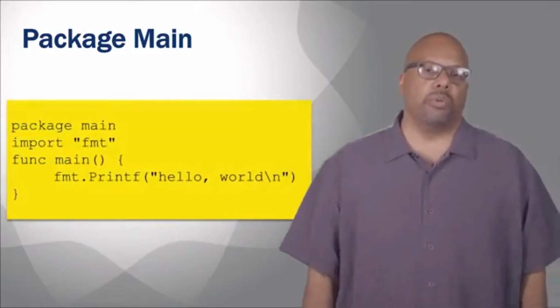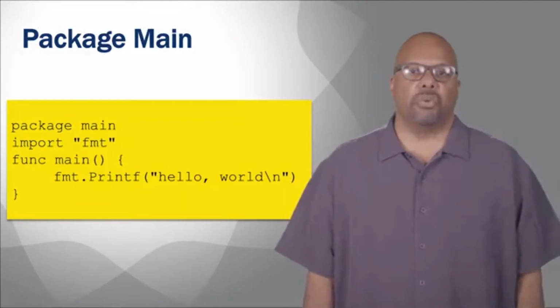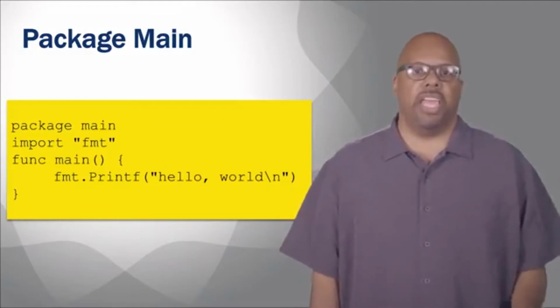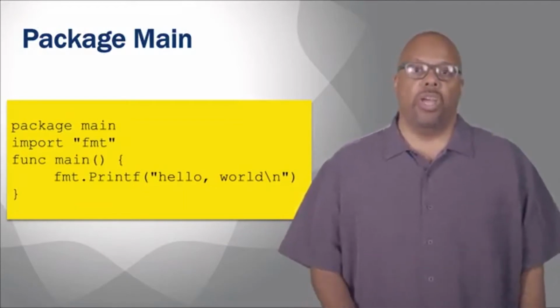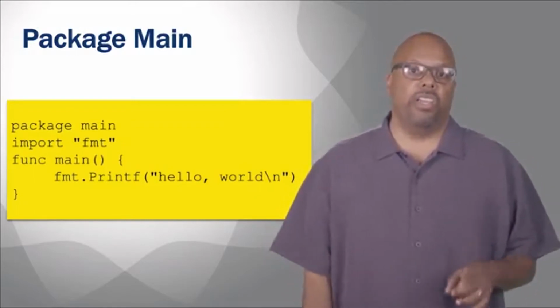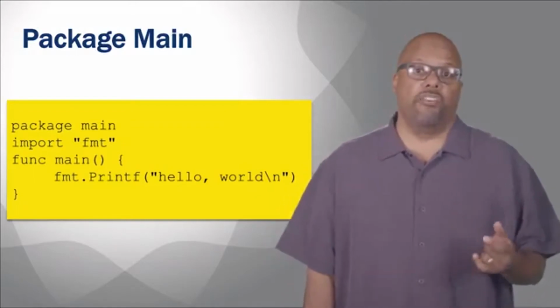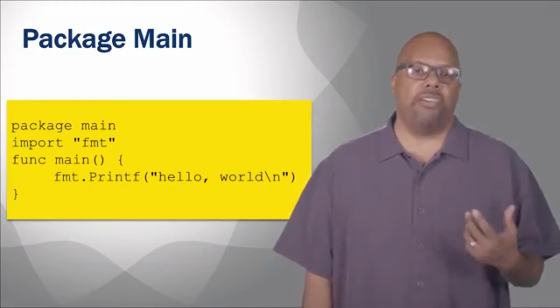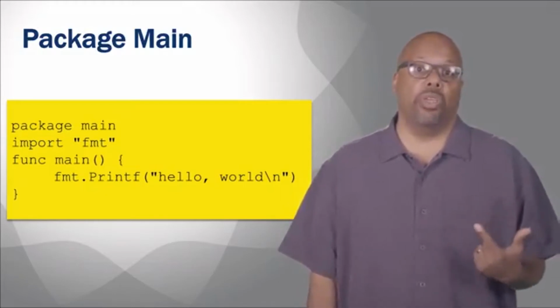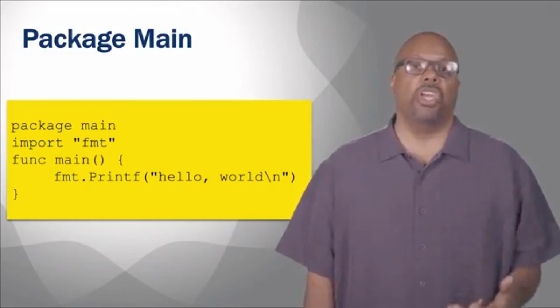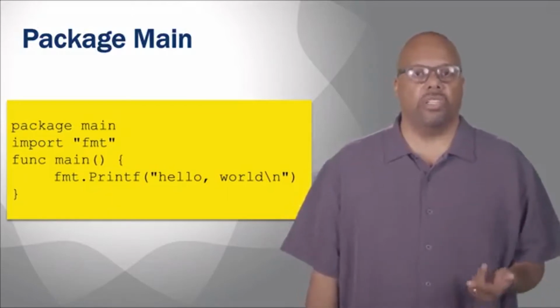So you can see the example code right here. It's just printing hello world. We say package main, import fmt. So that import right there is importing a package. fmt is not a package that I wrote. fmt is one of the packages that comes with the Go tool. So when you download the Go tools, you get all these standard packages, including fmt.